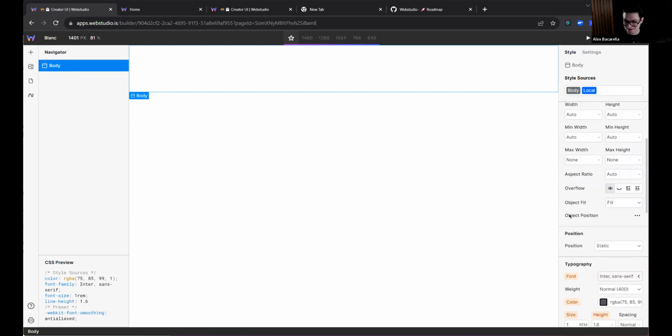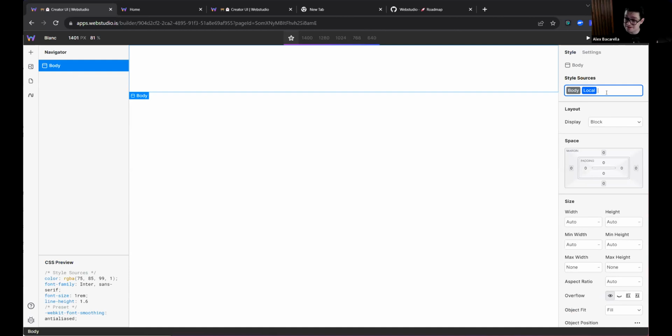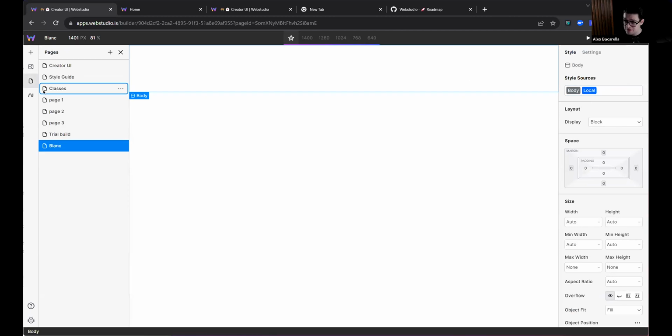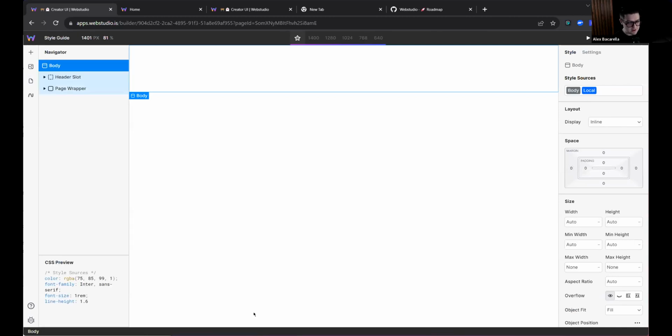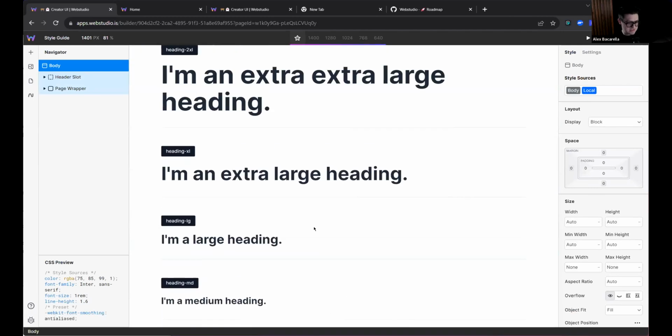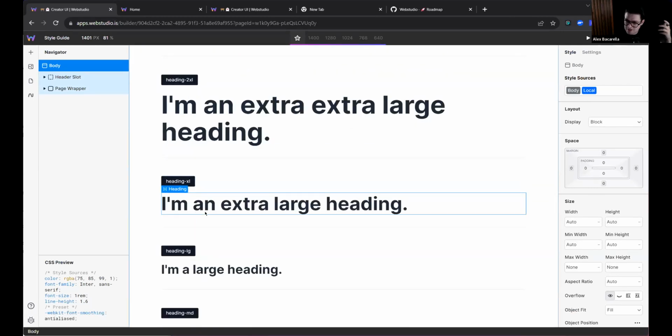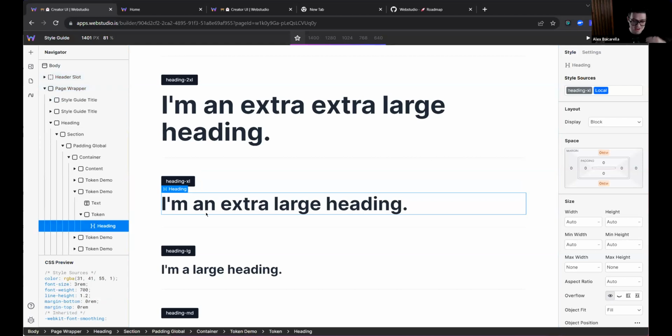At the top of the style panel, you'll find what are called design tokens. They are a variation on the traditional CSS class system. And I'll get into a little bit more about tokens versus classes in just a second. But in short, the token system is where you can predefine different styles you then want to reuse throughout your project. I'll give you an example here with a little style guide page that I was working on. You can see here, for example, I've created a token for an extra large heading. And instead of trying to remember how do I make all of my headings consistent, I just apply that one